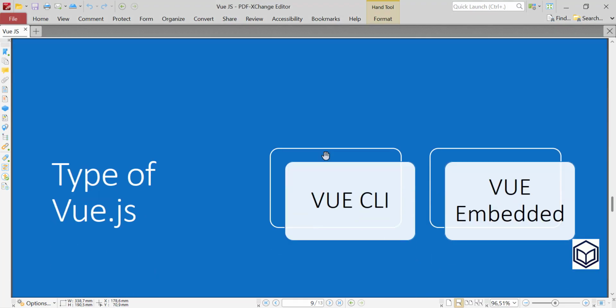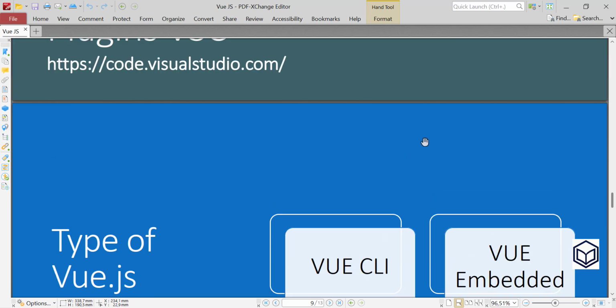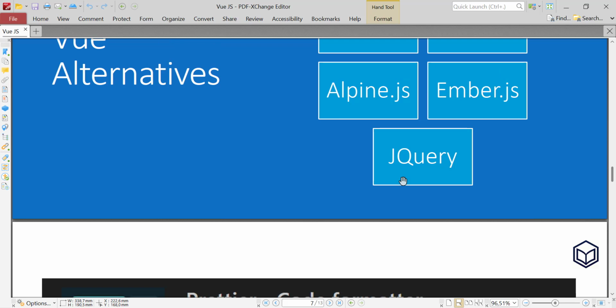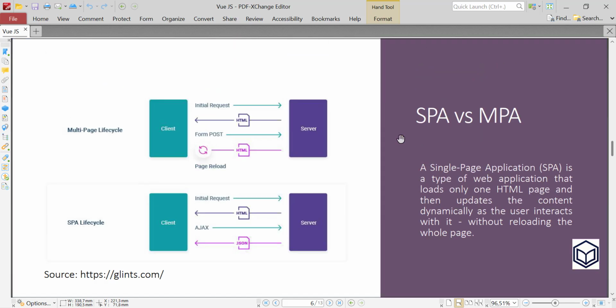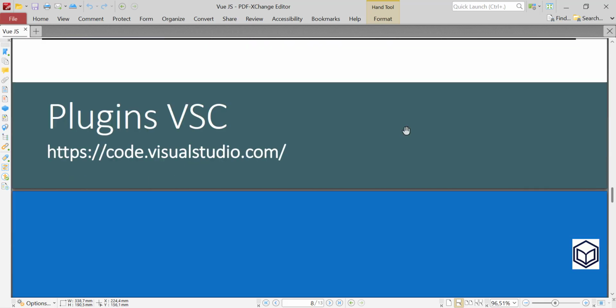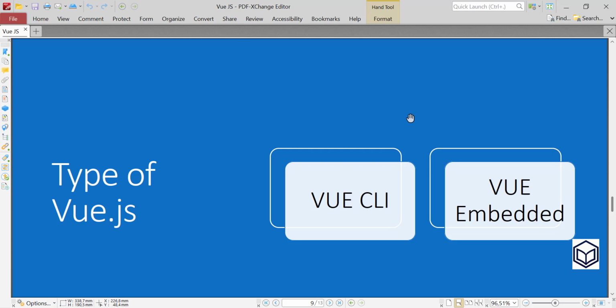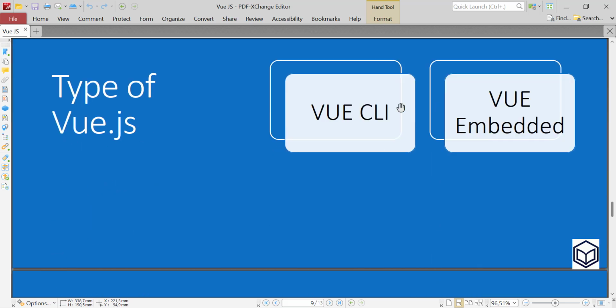After that, I want to introduce what I explained before about SPA or MPA. If we use Vue CLI, it means we will build an SPA, a single page application.